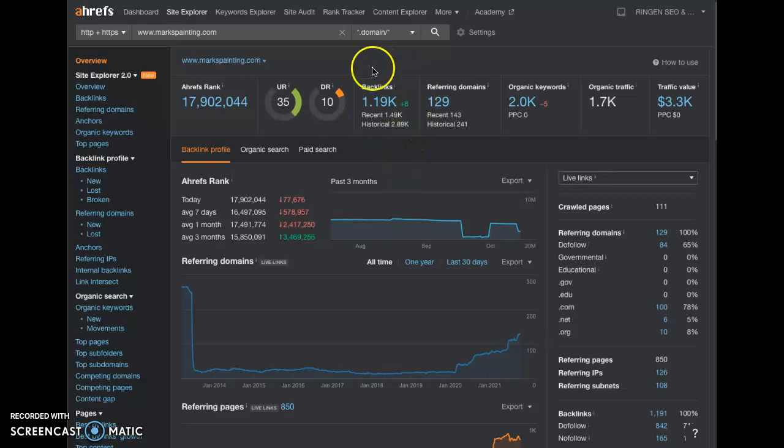So as you can see, they have over 1,000 backlinks coming from 129 referring domains. And of those, 84 are coming from super powerful sites. So one thing to keep in mind is you want to grab backlinks that are super powerful and authoritative. You don't want them coming from spammy sites that aren't relevant to your scope of work or your services at all. So they have over 2,000 keywords and they have over 1,000 people that are finding their site per month organically. So when we go and look and see what keywords they have,